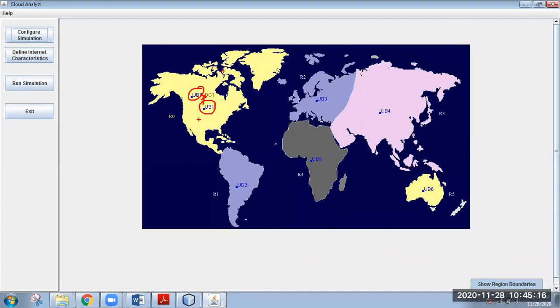As there is one data center available, for all the user bases, data center 1 is the closest one. Okay, because we do not have any other data center, right? Till now we do not have any data center. Once we create the data center, then the scenario may change.